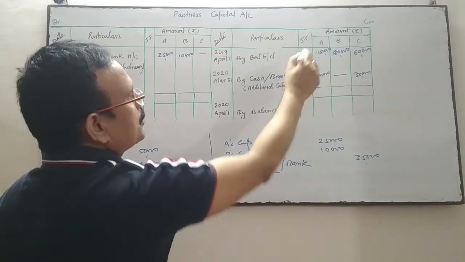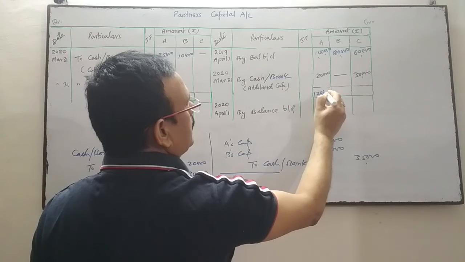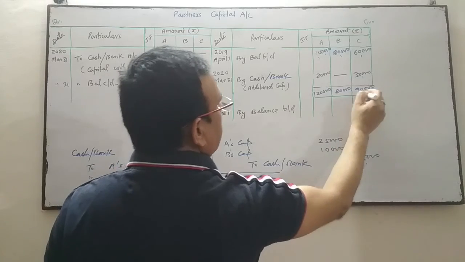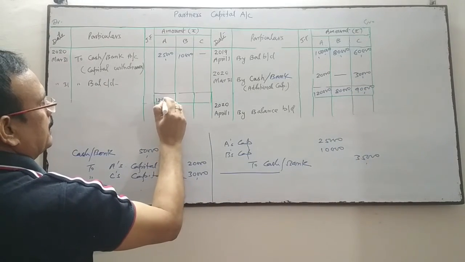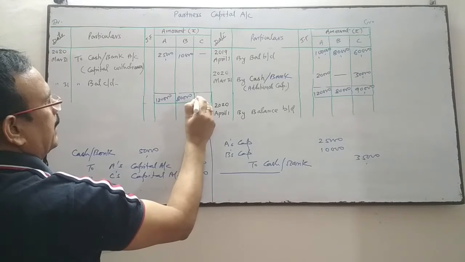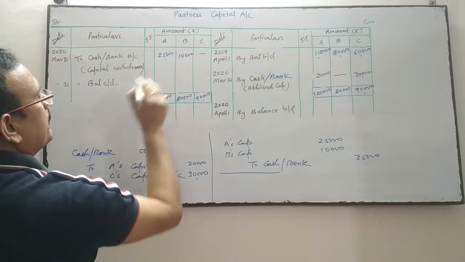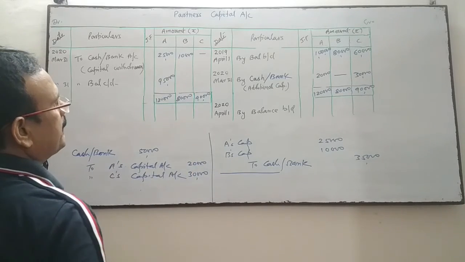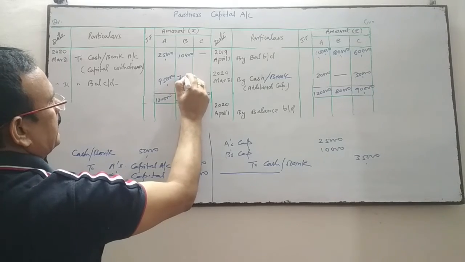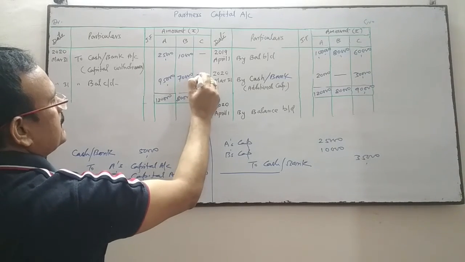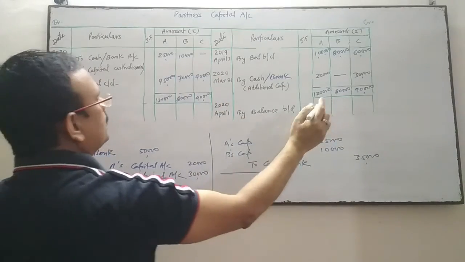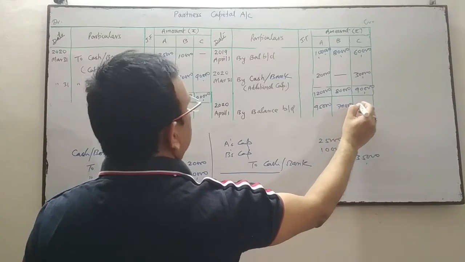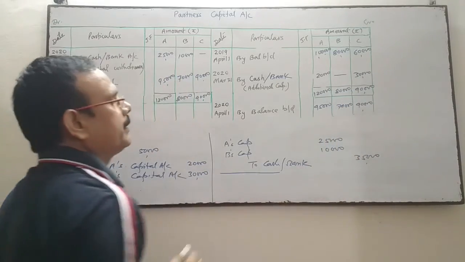Now what we do is take the total of this side. This side total is 1,20,000. It is 80,000. It is 90,000. Total is 90. So 1,20,000, 80 and 90. Now we'll find out the balancing figure. Here the balancing figure will be 95,000. Here the balancing figure is 70,000 and here the balancing figure is 90. This balance will be brought down here: 95, 70 and 90,000 respectively.